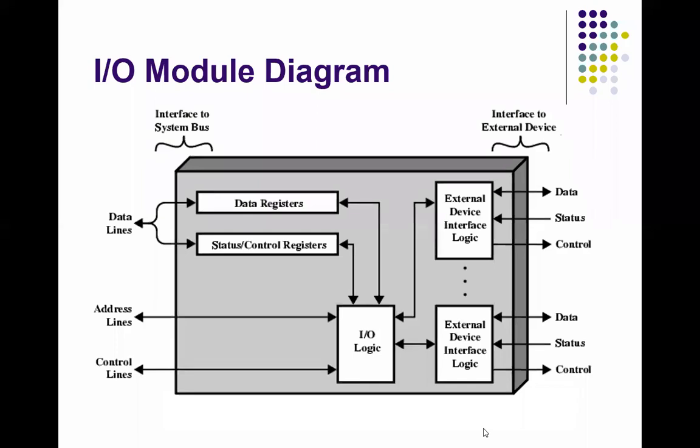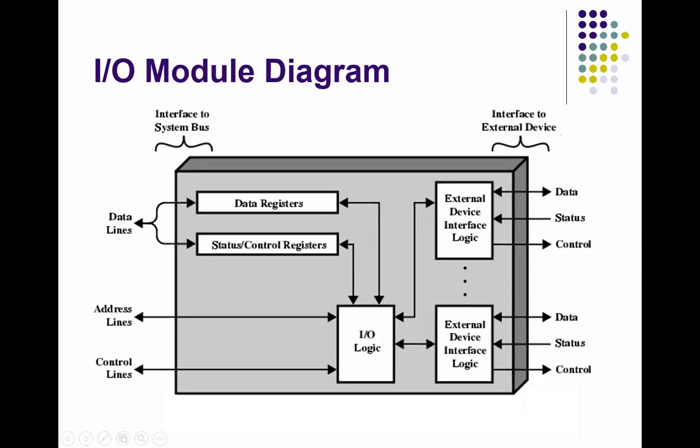But how is the data actually transferred through the IO module? As we know, there is a bus, so different interfaces are required. If two devices are communicating, different types of interfaces are required, like a parallel interface or a serial interface. We can transfer data with the help of analog signals and digital signals, but here we are using a digital signal for the data transmission.